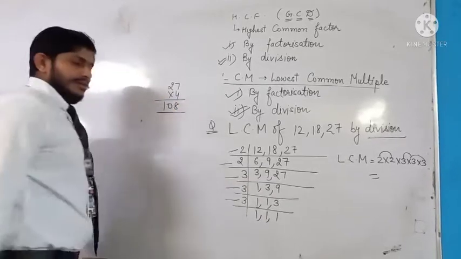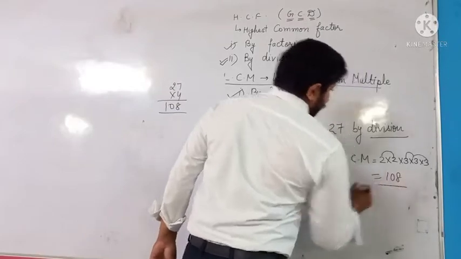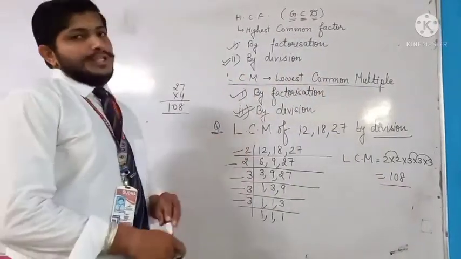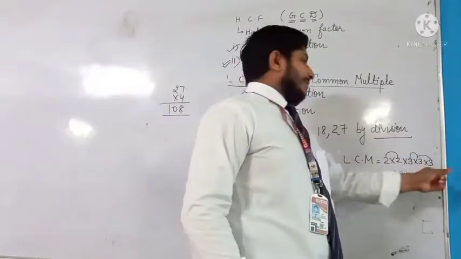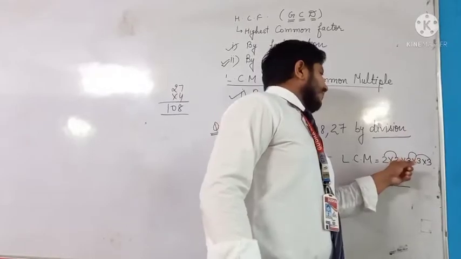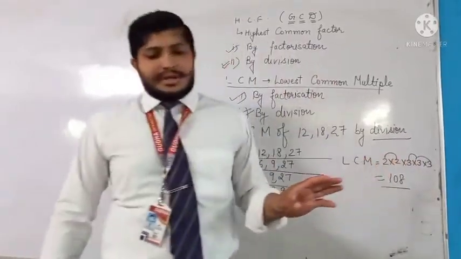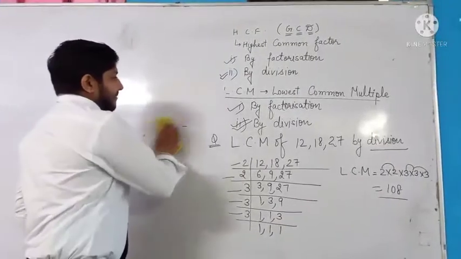You know very well. So this one is your LCM by which method? By the division method. Multiply, that's your choice. How do you multiply? 3 3s are 9, 9 3s are 27, 27 2s are 54, 54 into 2 is 108. The same answer comes. Okay? This is the LCM by the second method.